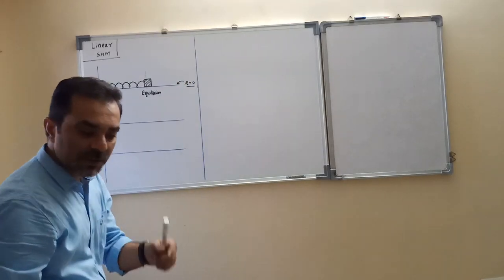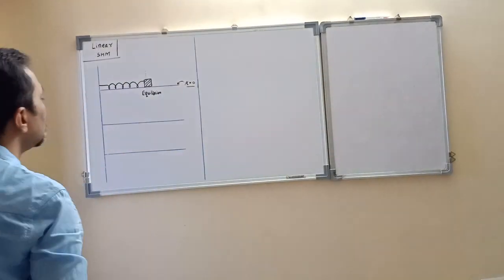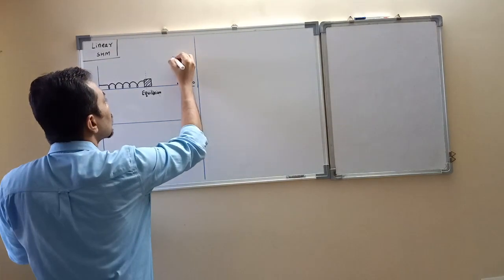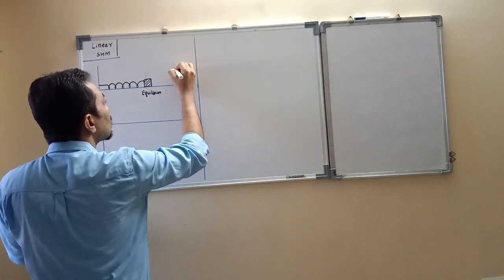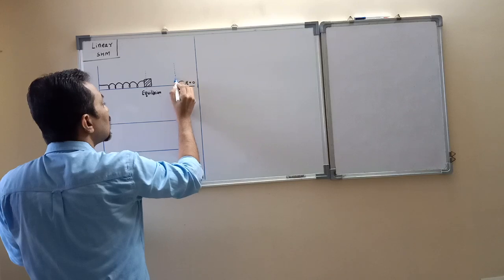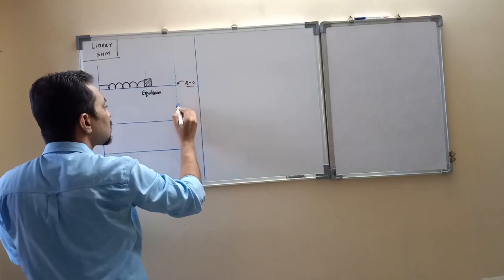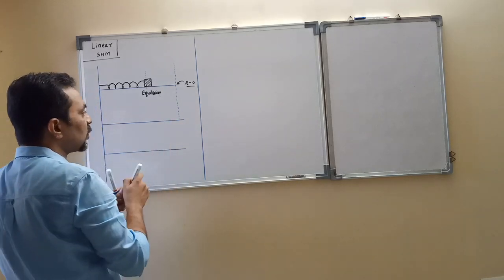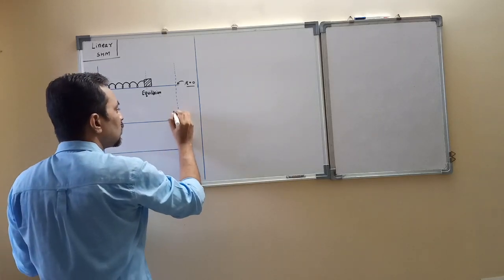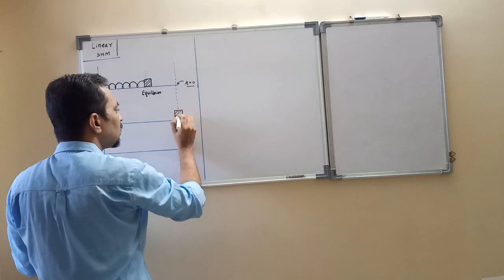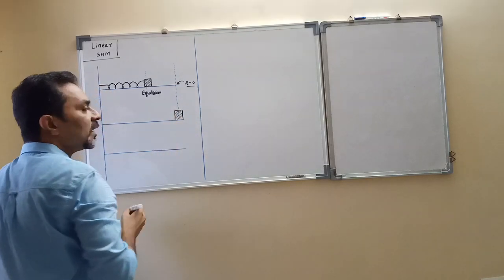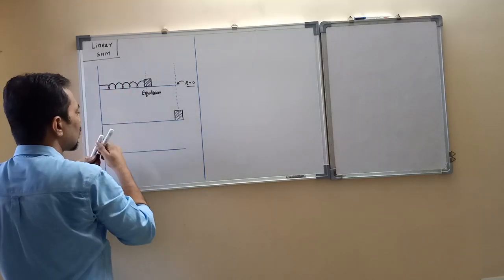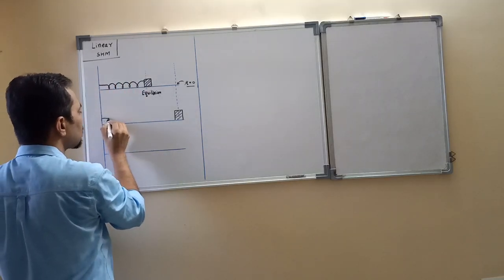right side. So suppose now let us imagine that the spring is being stretched such that the block has been moved to this position. So now block मैं यहाँ तक लेके आया. कैसे? I said by stretching the spring. So when I stretch the spring, when the spring is being stretched,